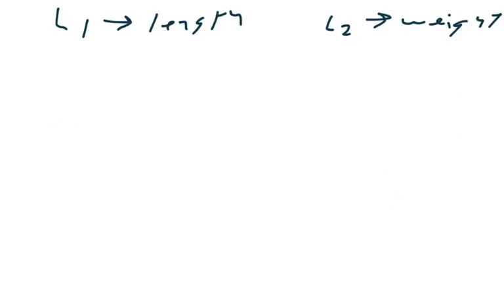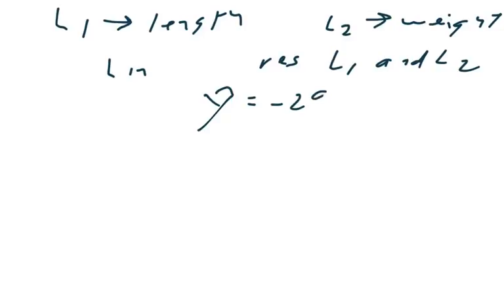Alright, back to this problem. I'm not going to draw them all out, but do the linear regression and then check the residual graph for L1 and L2. And if you see a residual graph that looks like a smile or a frown, that means that we have to go on to the next part. So when I find the linear regression first, it says y hat equals negative 298.9 plus 25.2x,